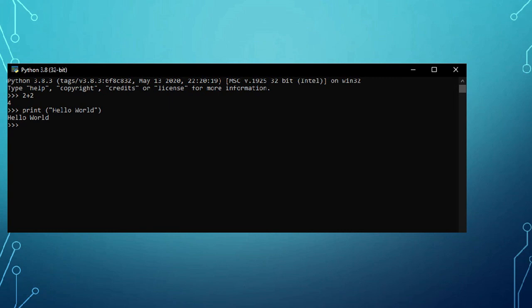So it is as simple as commands, and it generally uses English syntax. And if you have used C++ or Java, you are well versed about how typical that coding was. And in Python, the coding is as simple as the English language.